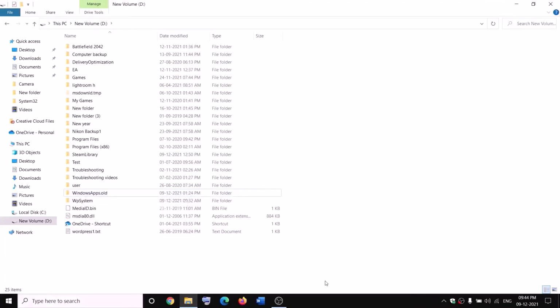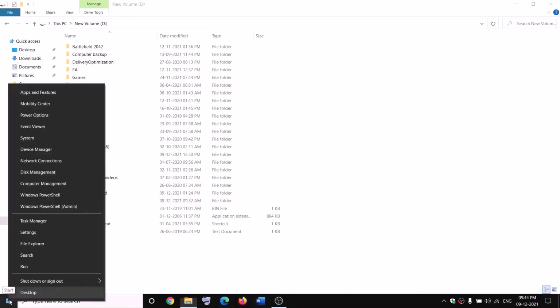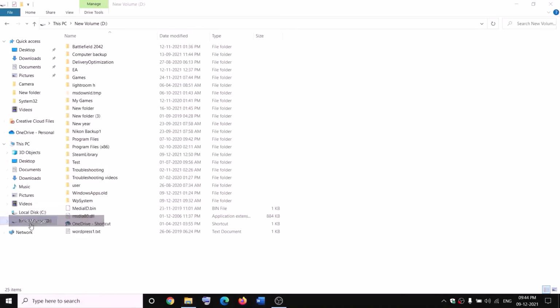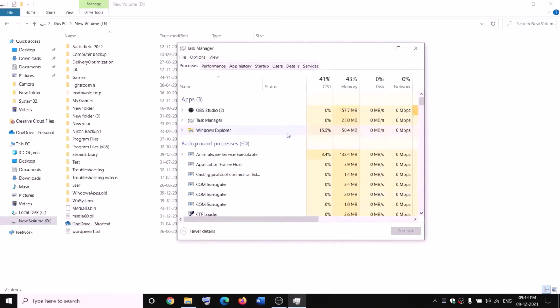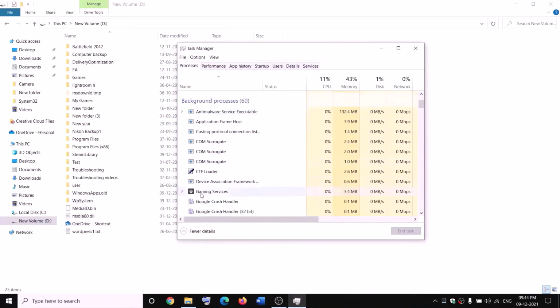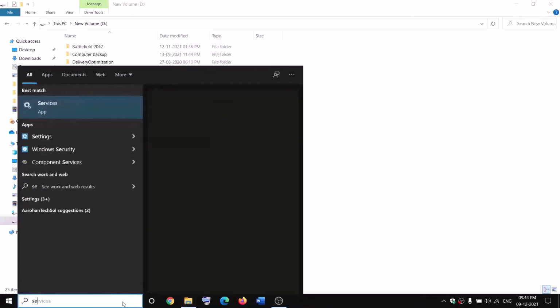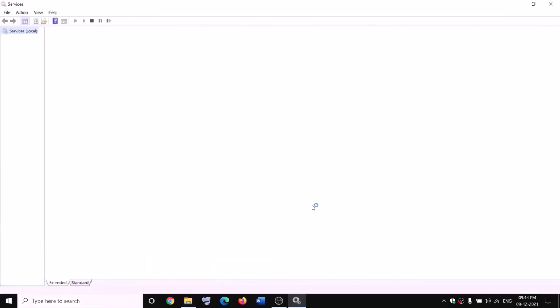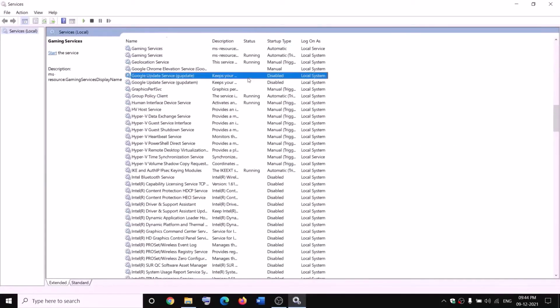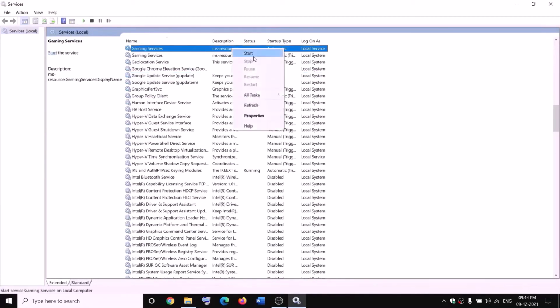open, in that case open Task Manager on your computer. Make a right click on the Start menu, click on Task Manager. Now if you find Gaming Services, make a right click and then click on End task, and also open Services over here, and then go to Services and find Gaming Services, make a right click on Gaming Services, click on